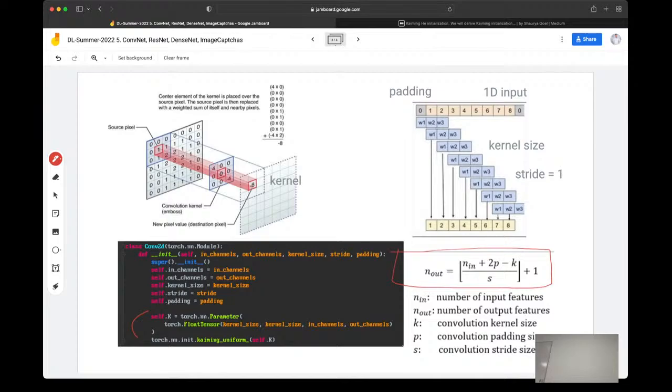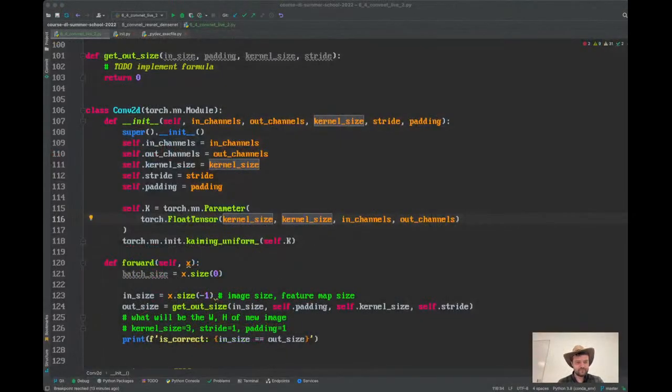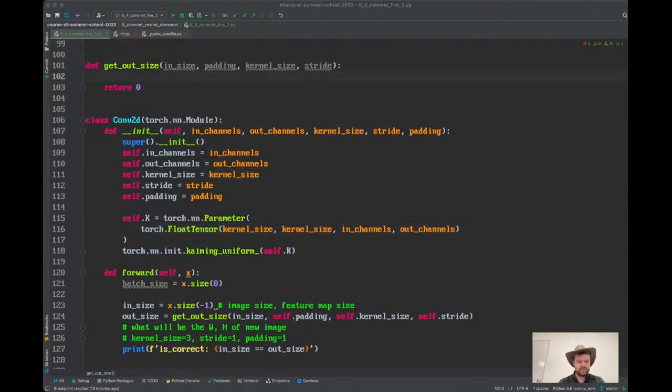Okay. So in Python there is also a really neat way to write the floor function, just with a double division sign. So that is nice. So we can implement it together. Just a second. So here on the top part where we need this formula, what we can do is